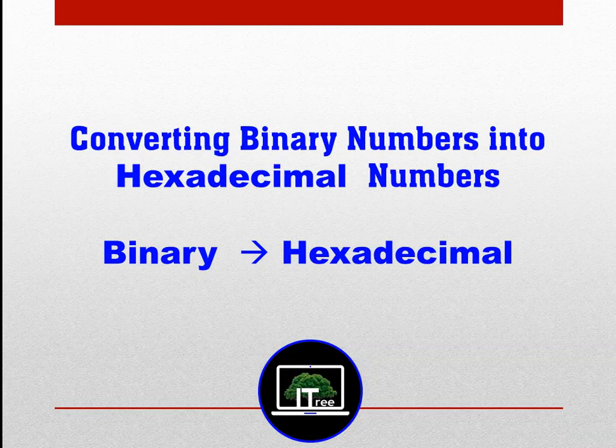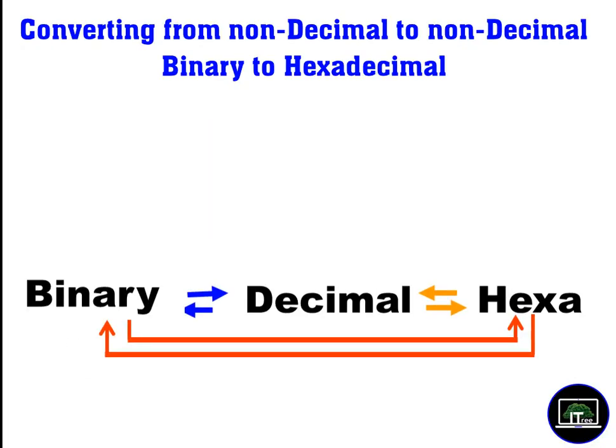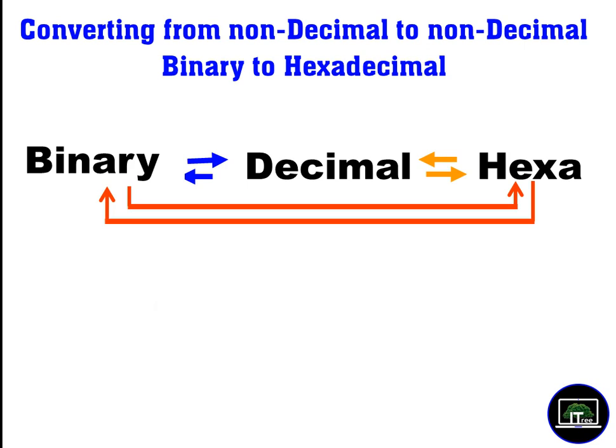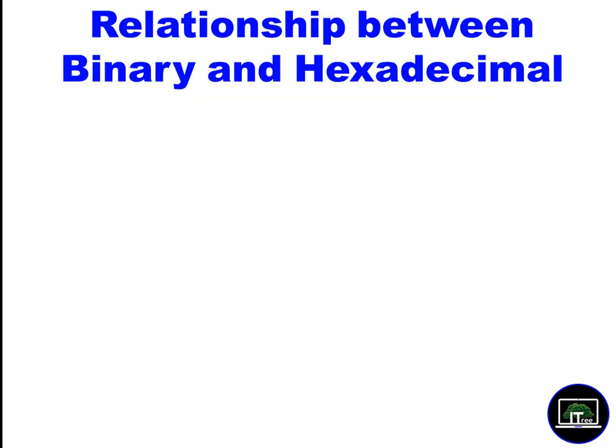Now we are going to convert from binary to hexadecimal. You may have understood the relationship. The first method is to convert into decimal, but we are not going to discuss that one. We are going to discuss the shortcut method. How can we convert a binary number to hexadecimal directly? For that, you need to understand the relationship. For octal, the relationship is 3 to 1. Here, 2 to the power 4 equals 16 to the power 1.